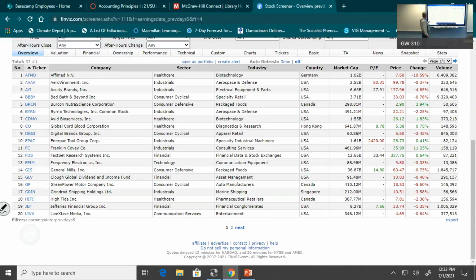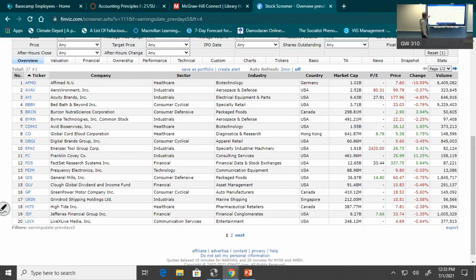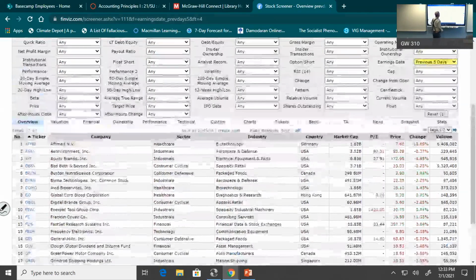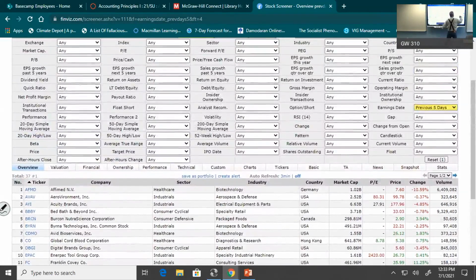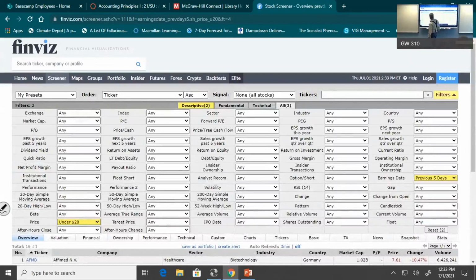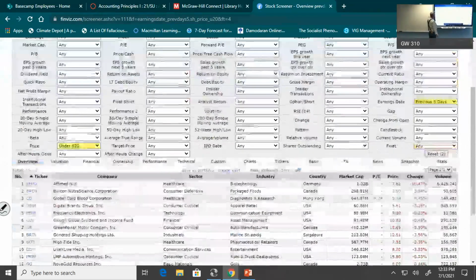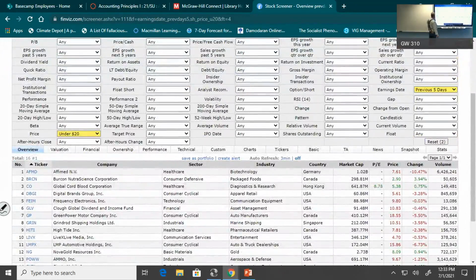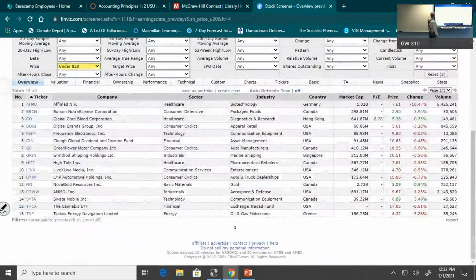Now, I was looking at all these companies, and I have certain other criteria that I need, and one of them is I like to look at prices that are low. So I'll go to price, and I'll say I want a stock that's under $20 because I can buy more of it and take advantage of movements better. If you do a little math in your head, you'll understand what I'm talking about. But here's the one that I focused on,